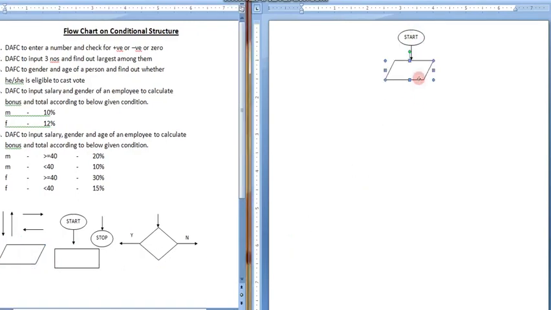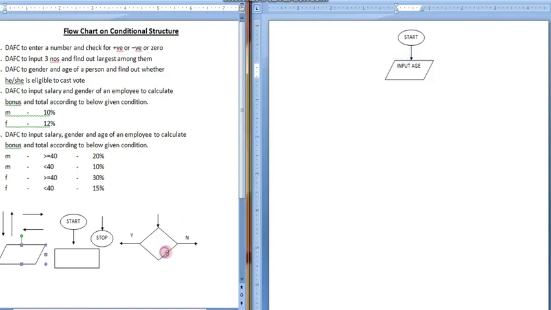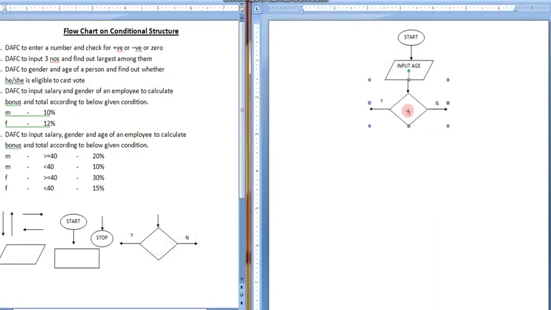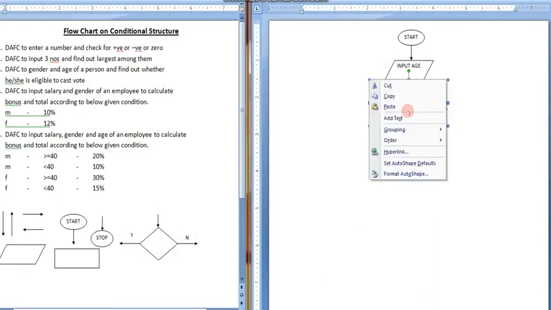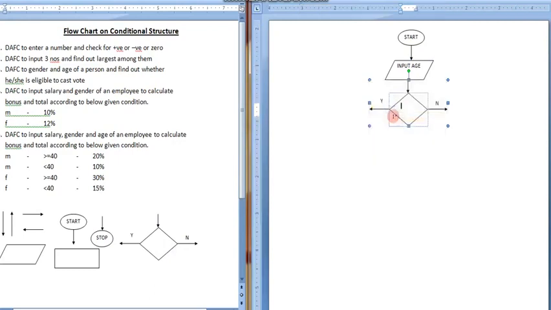So in this case, I have taken the parallelogram box and inside I am writing input age. Fine, input age. Then we will compare whether the age is greater than or equal to 18 or not, to specify whether the person is eligible to vote.